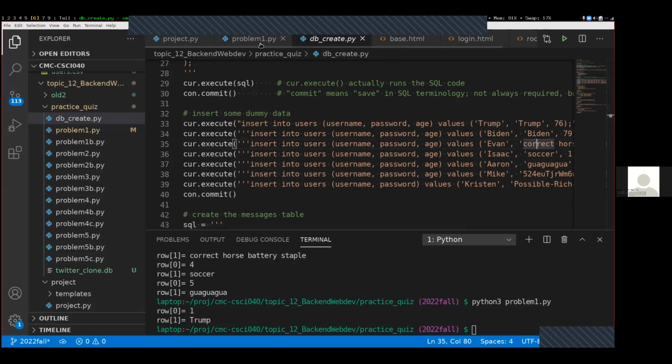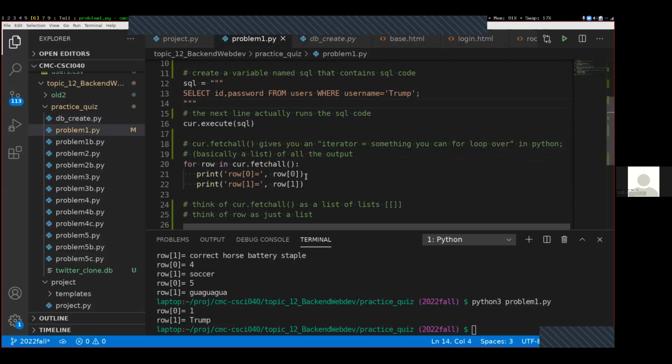Henry? Is there a way to iterate over the columns? Question: is there a way to iterate over the columns? And the answer is that you never want to do that. There's no way in SQLite for you to know that something, like what would be really nice, and I don't know why they didn't do this, but it would be really nice